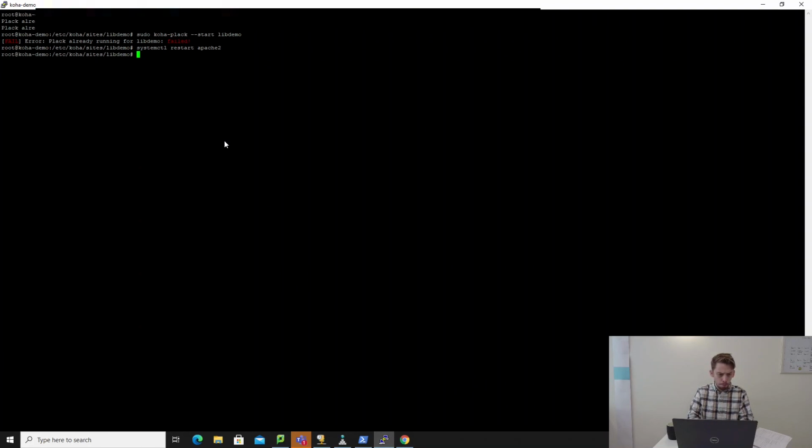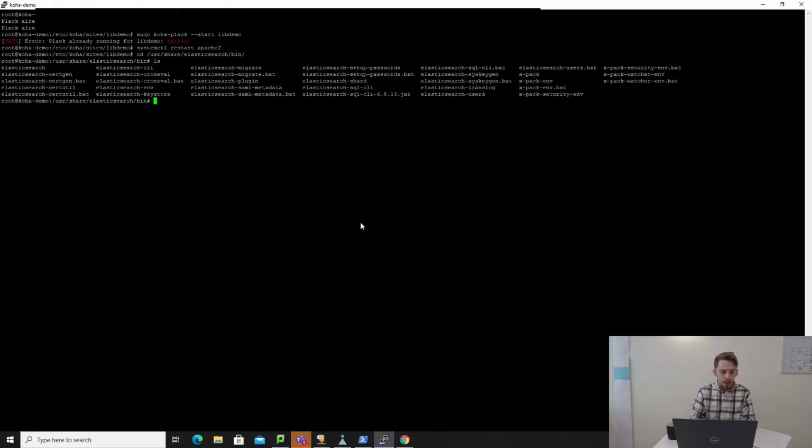So we're going to go back to PuTTY. Once we have Elasticsearch installed, which we already do, we need to add the analysis ICU Elastic plugin, and we can do that by first CDing over to /usr/share/elasticsearch/bin. Inside of this folder, there is a command called elasticsearch-plugin, which is used for installing plugins. So we'll just say elasticsearch-plugin install,